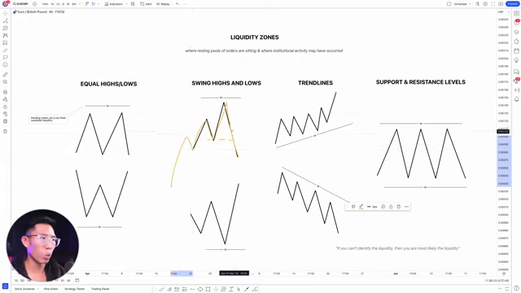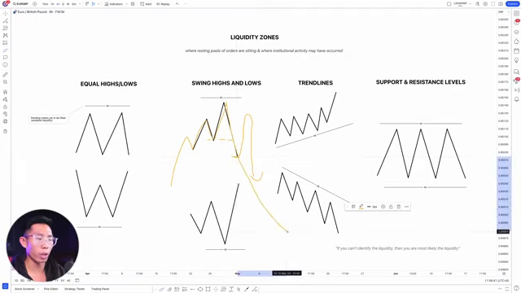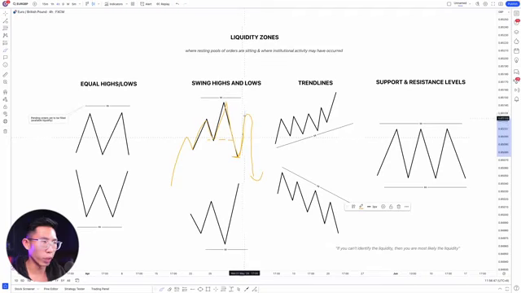In this scenario right here, what price will most likely do is come up to somewhere right around here and create a lower high before continuing back down, right? Because chances are if price breaks through the last higher low to somewhere right around here, it won't have enough liquidity to continue this down move and go all the way straight down. Remember, price will always have to retrace, and that is why it needs to retrace, so that they can have more liquidity before pushing price down even further.